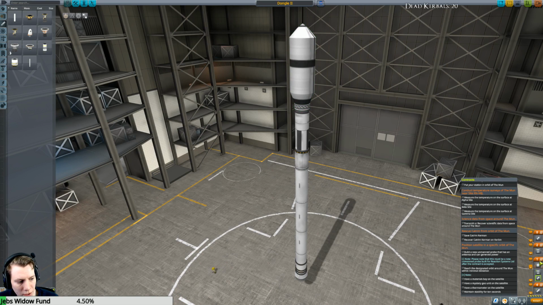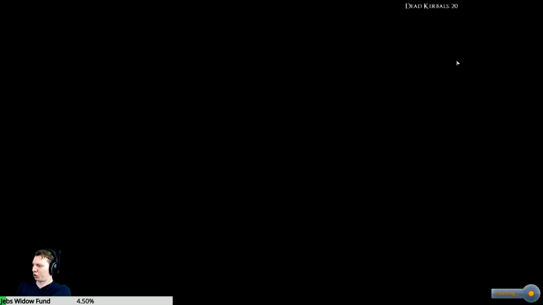Let's make sure the fairing gets knocked off whenever we feel like it. Let's give it a shot. Normally what happens is I try a rocket and it just goes...